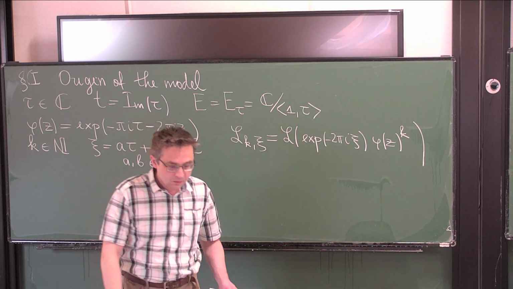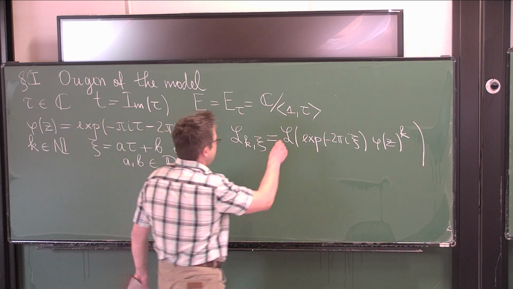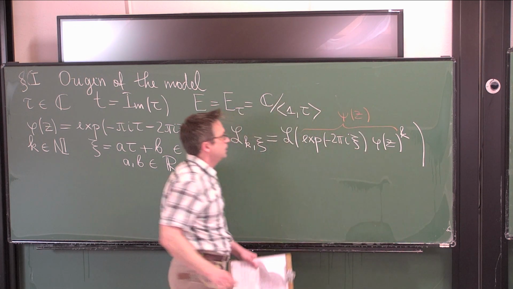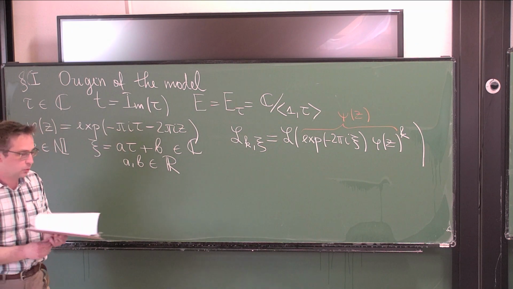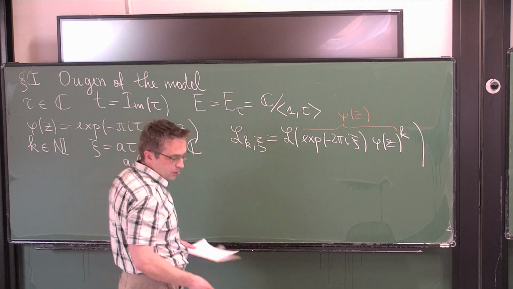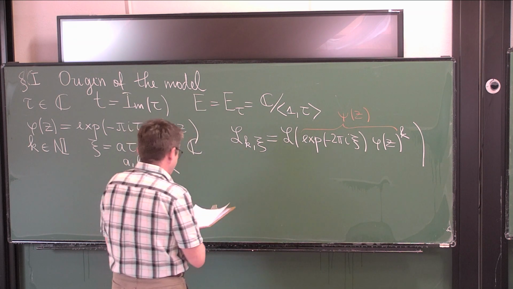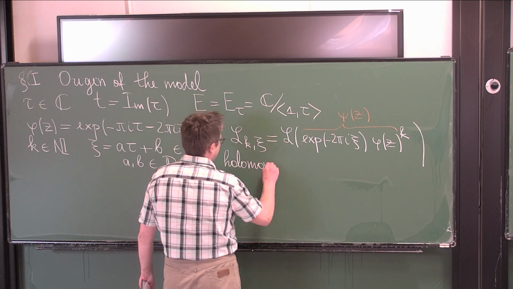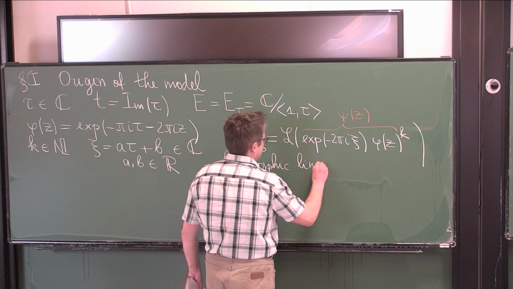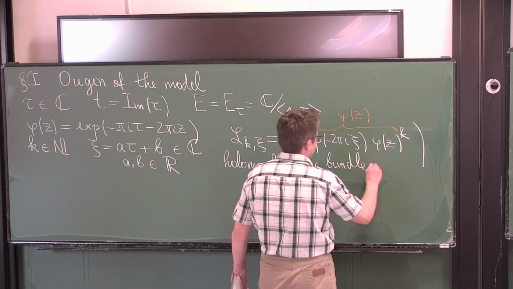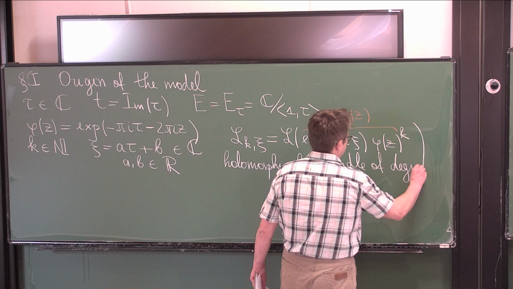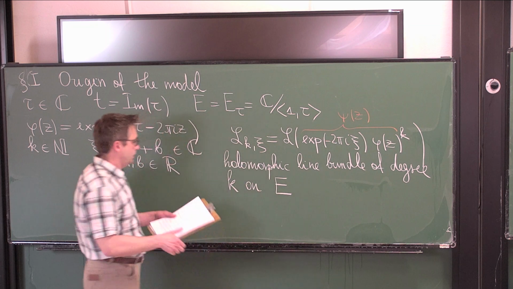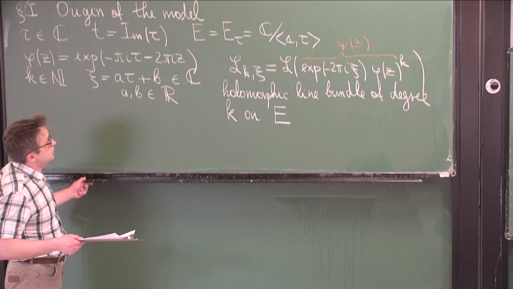And what I have here, which I abbreviated by psi of z, is a so-called factor of automorphy. So the outcome is a holomorphic line bundle of degree k on my torus E, and its